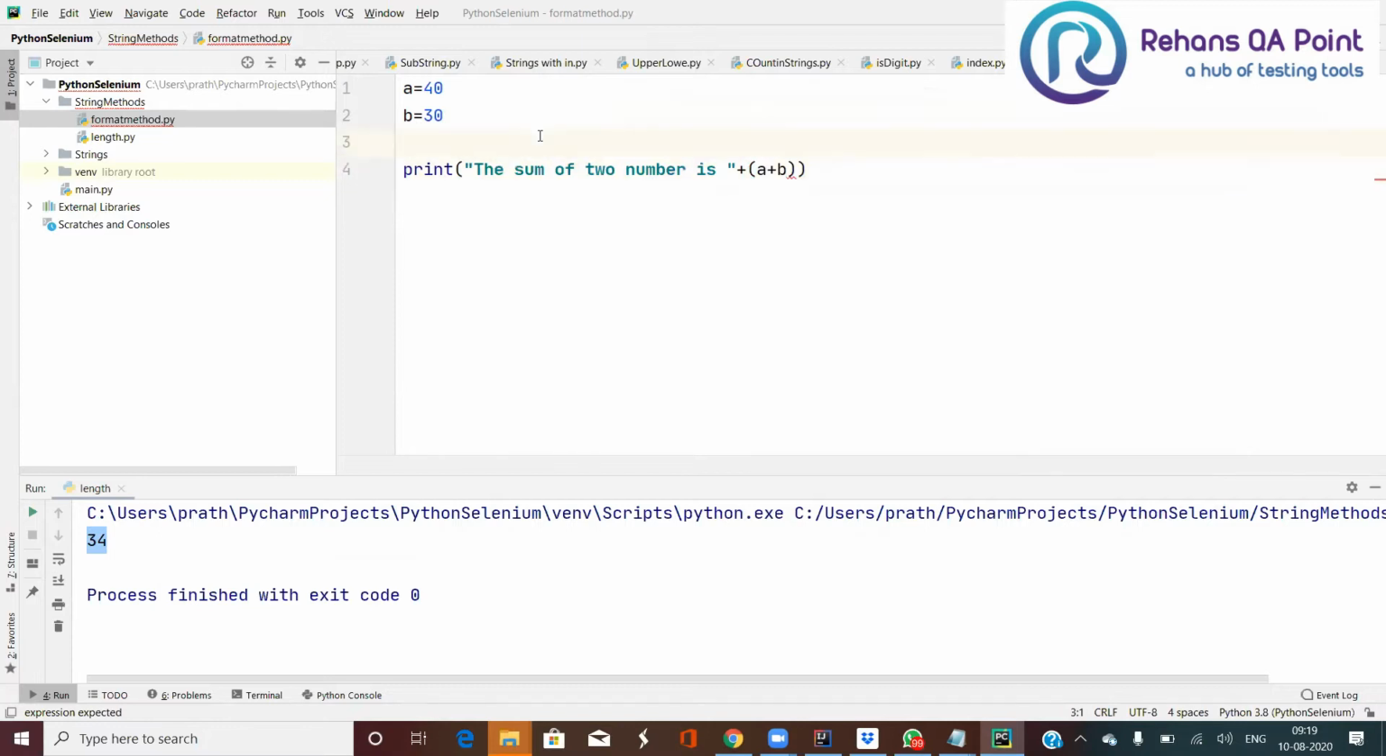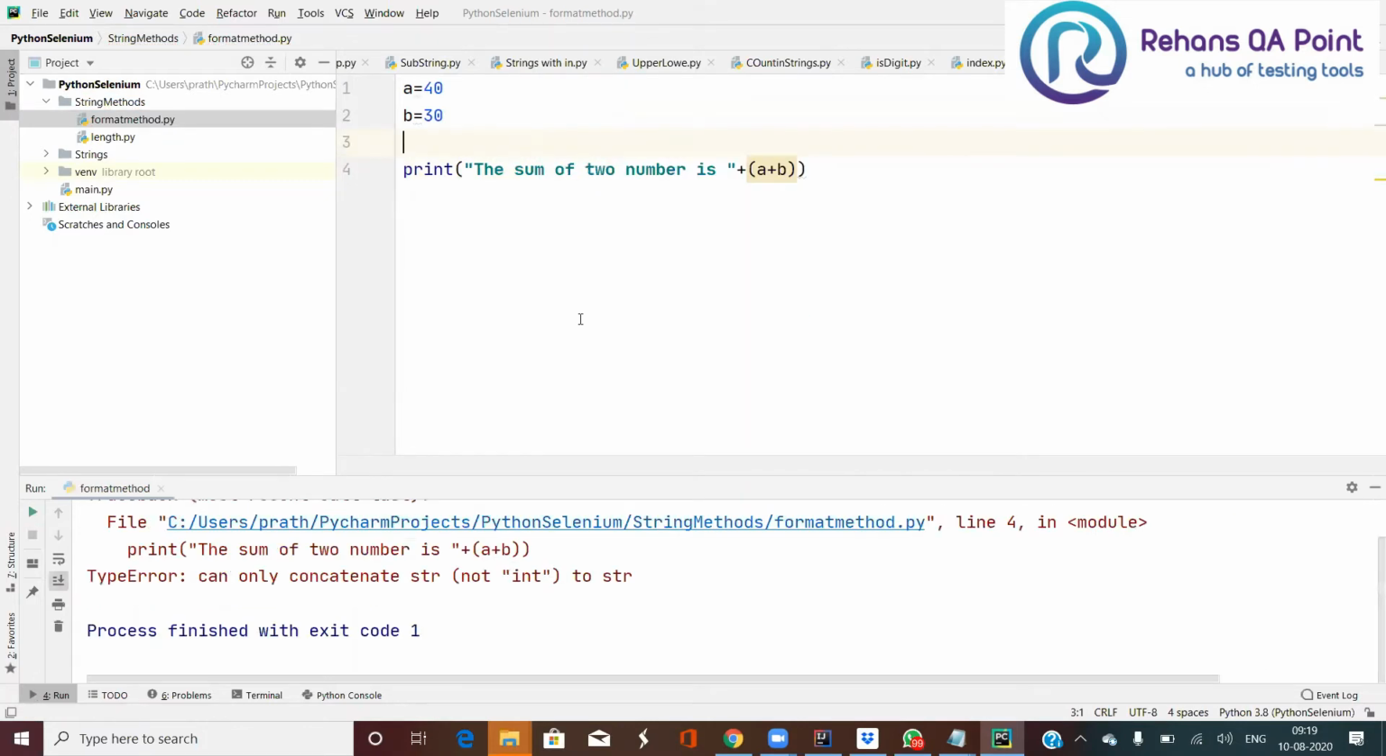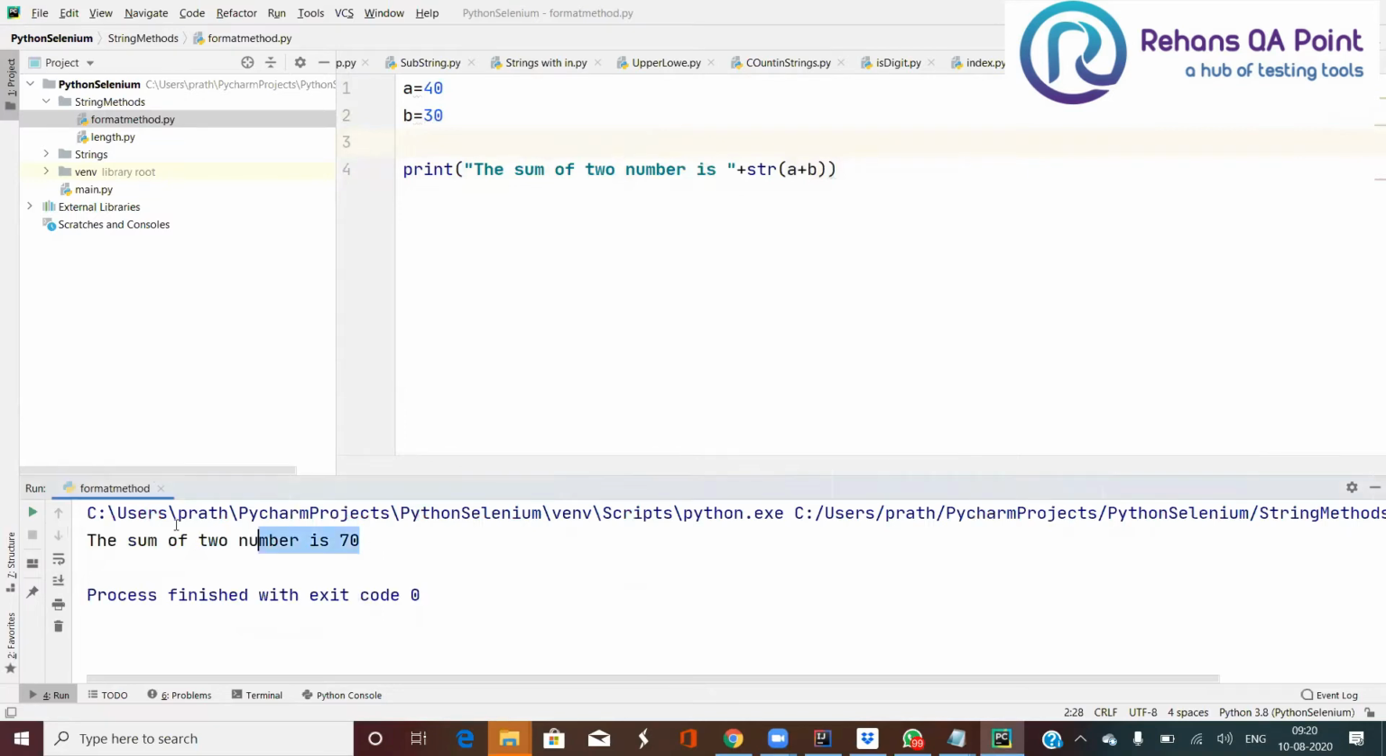Now what happened here? I'll be getting an exception saying that I cannot concat my string with my integer. So what I want to do here is convert my integer into my string. This we already saw in the previous session. Now I have converted my integer into my string, so I got the sum of two numbers is 70. Now what if I have a very big string? I cannot go and do typecasting for everything, right? So to overcome that problem,